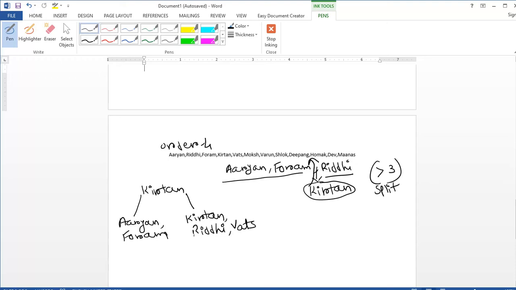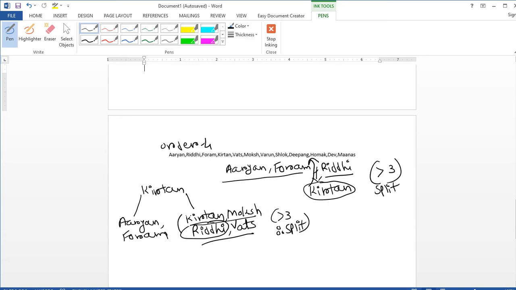Okay, no, after K. So here we need to insert this value, but as values are more than 3, splitting is required. Okay, and we are going to split this tree using this value.